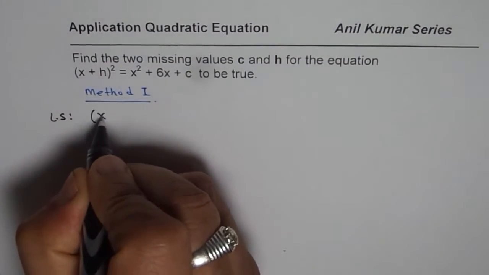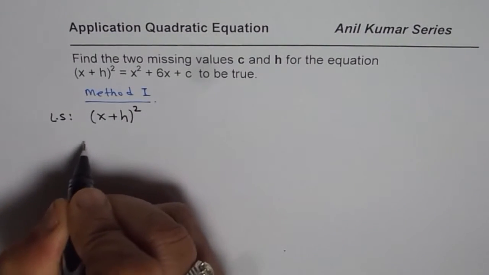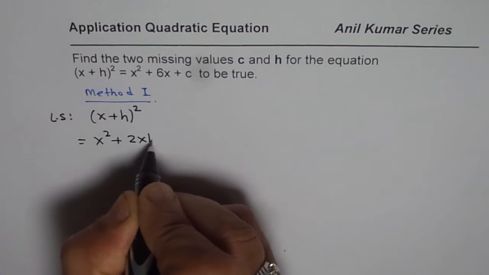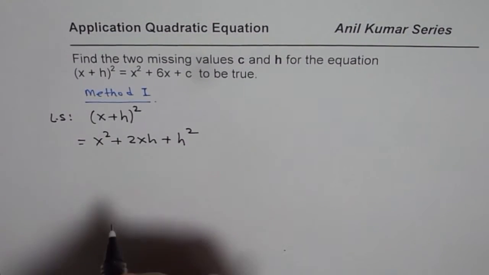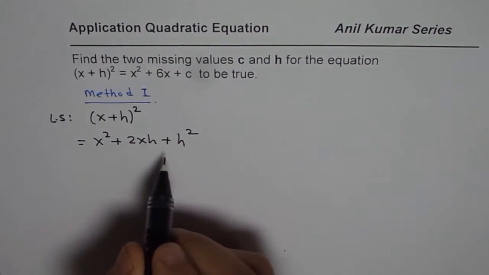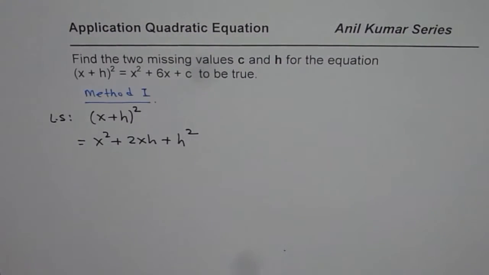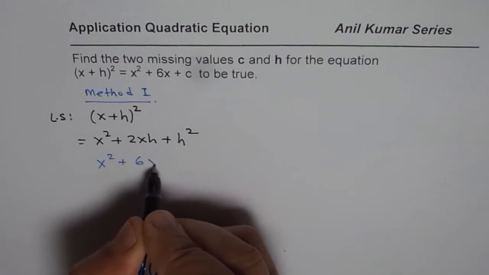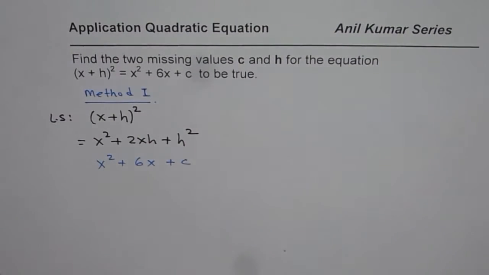We have (x plus h) whole square. It could be expanded as x square plus 2xh plus h square, correct? Now, if you compare this with the given equation, which for us is x squared plus 6x plus c, what do you get? If we compare these two equations,